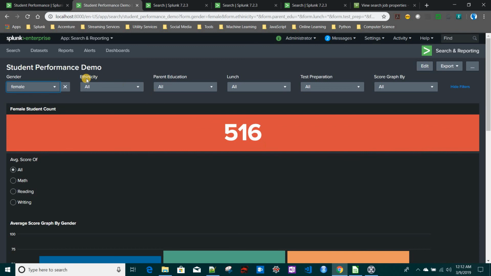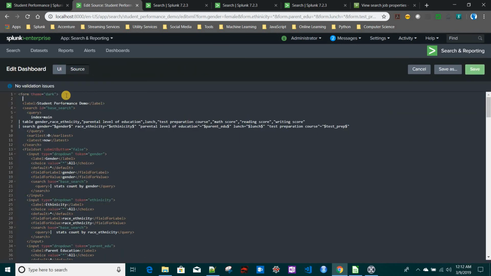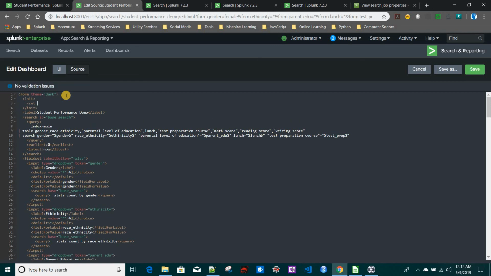Now the last one I want to discuss here is that when the dashboard loads, you can set a token at that time as well. Suppose when the dashboard loads, initially I want to set the test preparation token to completed only. That means all the results for all the panels in this dashboard will be filtered by the completed test preparation data itself. To do that, in the first one, you can create an init tag, and say set token equals to our token name,